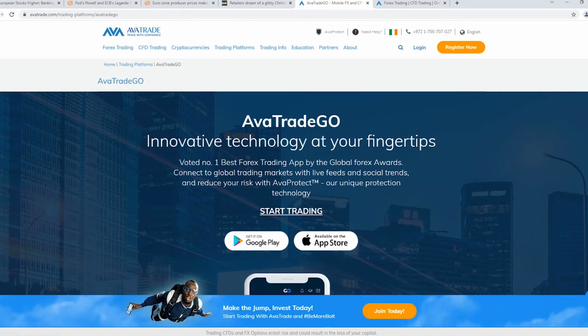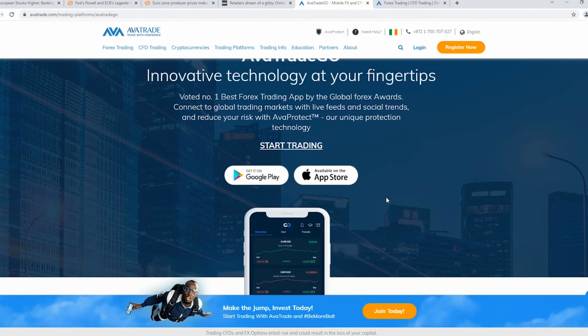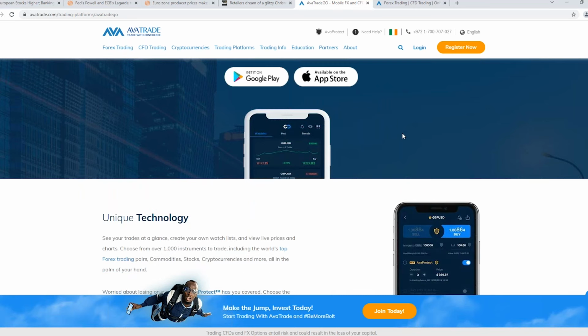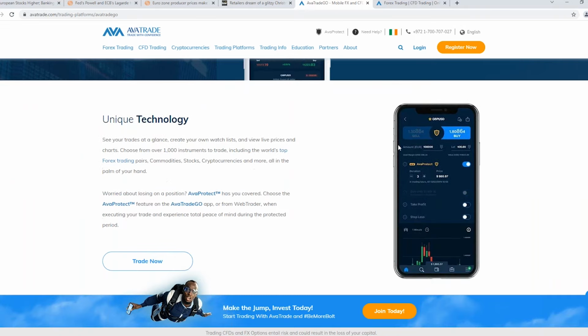The reason I say you should have this app if you're trading on your mobile device, as opposed to the MT4, MT5 mobile app, is that this app will trade right on top of your MT4 or MT5 account with us, but has very useful risk management tools, fundamental analysis tools, technical analysis, signals and tools, all built into the app that you don't have on the MetaTrader app or the MetaTrader platform. So you see AvaProtect, and I'm going to show you a live version of how the app functions and how you can take advantage of some of the functionality on it.